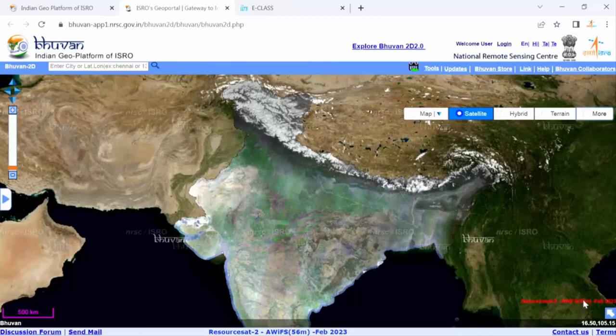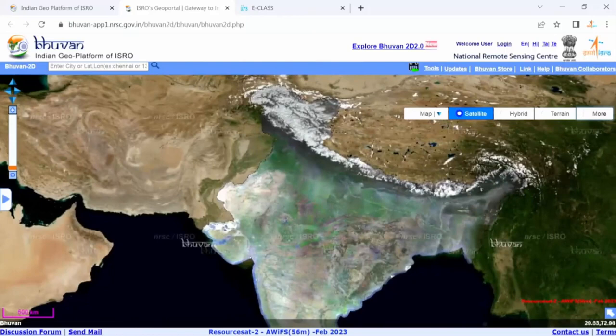The capability of that sensor is around 5 meter by 5 meter on the ground. So a 5 meter by 5 meter area on the ground is mapped as a single pixel using LISS4. Currently the data being displayed over here is from the Resourcesat AWiFS sensor. This is one particular sensor from this Resourcesat 2 satellite.